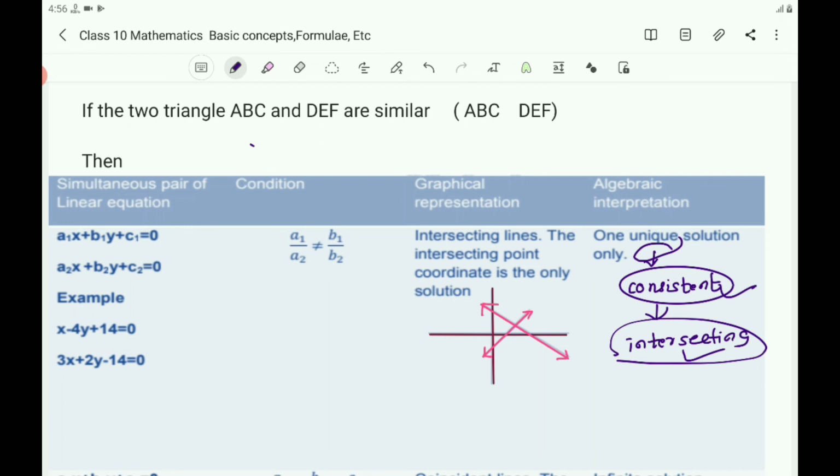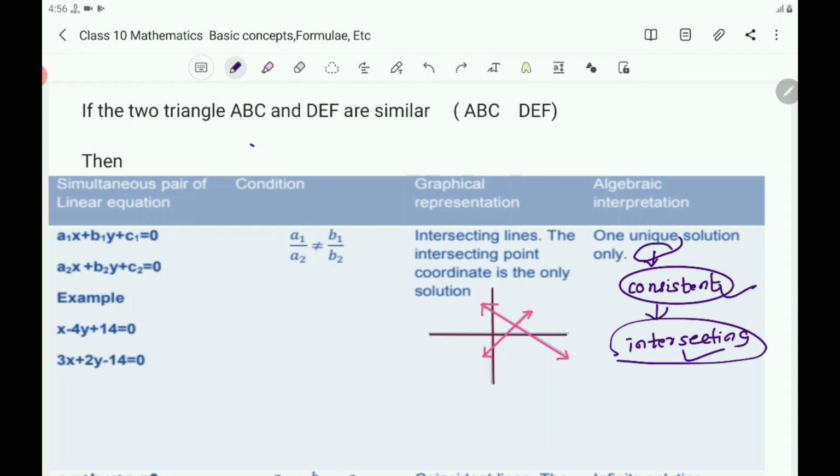Or also you can say that having one solution, no solution, infinite solution, etc. So in that case you must observe the ratio. If graphs are not given, in that case what you have to find out? The ratio. You must find the ratio a1 by a2, b1 by b2, c1 by c2. After finding the ratio, you can observe if a1 by a2 is not equals to b1 by b2, then what is the conclusion you can have here?